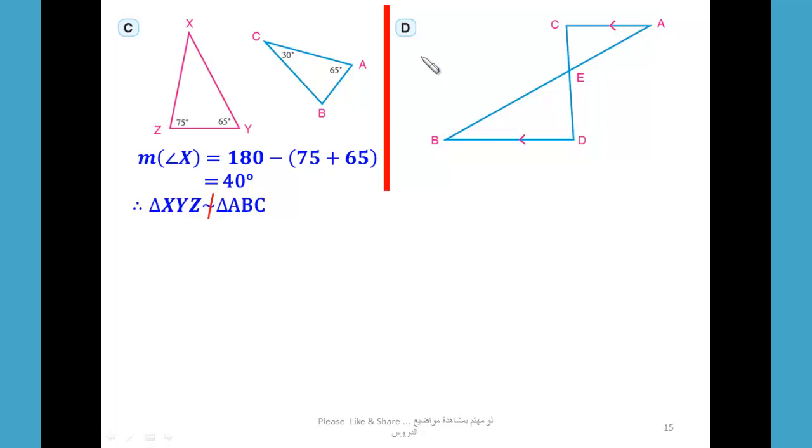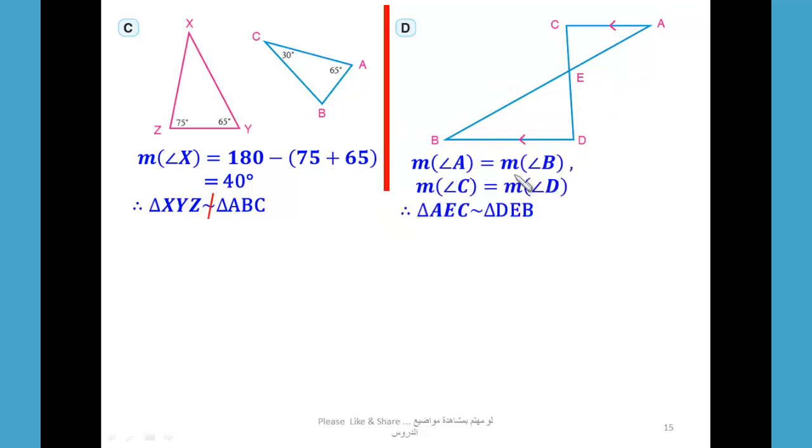With respect to figure D, we have AC parallel to DB, so the measure of angle A equals the measure of angle B, alternate, and the measure of angle C equals the measure of angle D, two alternate angles. So you can say that the two triangles are similar. Also you can consider angle AEC equals the measure of angle DEB, vertically opposite angles. So we can write that the measure of angle A equals the measure of angle B, two alternate angles, and the measure of angle C equals the measure of angle D. For the same reason, the two angles are in alternate position, so triangle AEC is similar to triangle DEB,